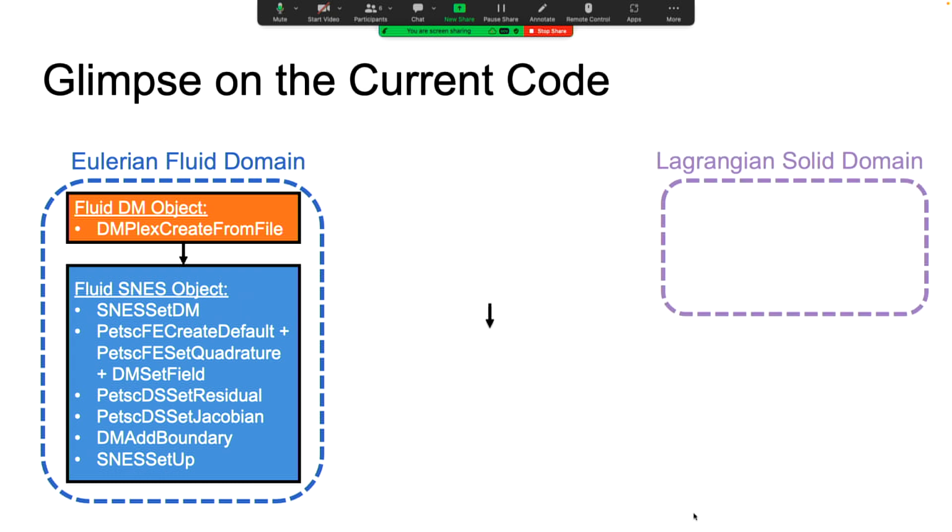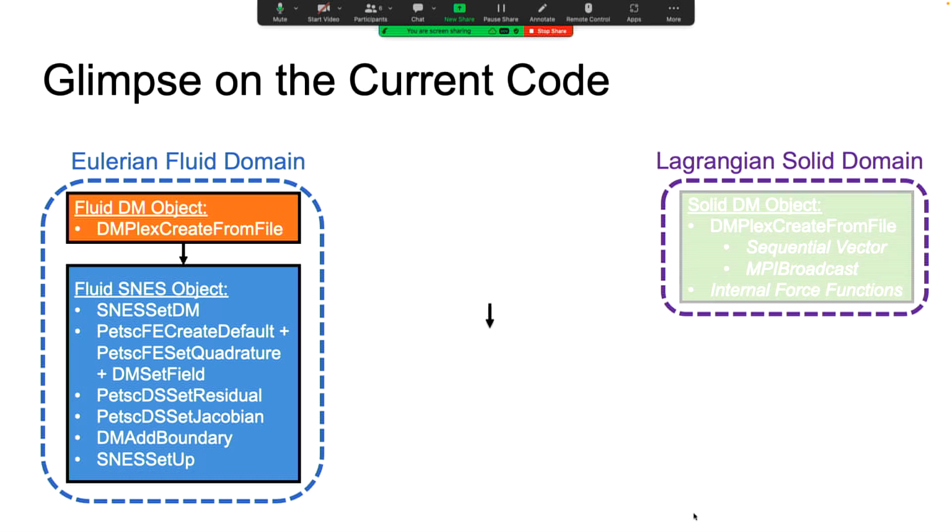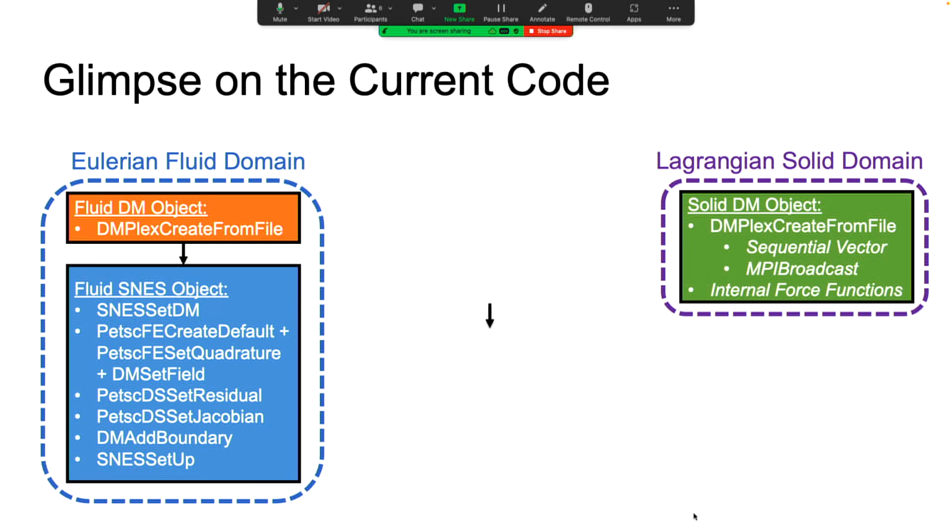On the other hand, you also do the same thing with the Lagrangian solid. You use DMPlex to also read another mesh, which is the solid, but in this case, you specify that the vector that it is in, or that's going to be written on, where the properties are like the forces, is going to be a sequential vector. You broadcast this data exactly how it is to all other nodes, and then you create your own internal force